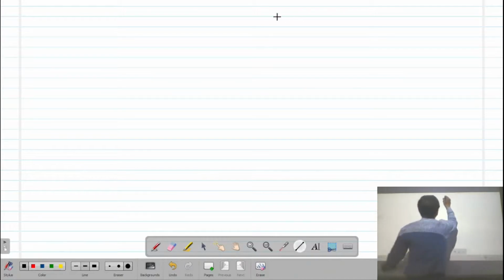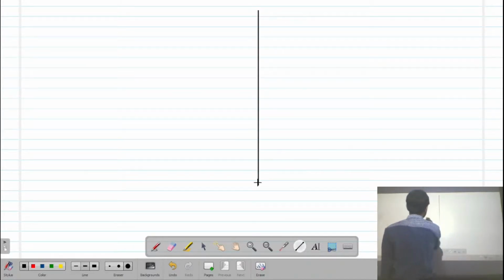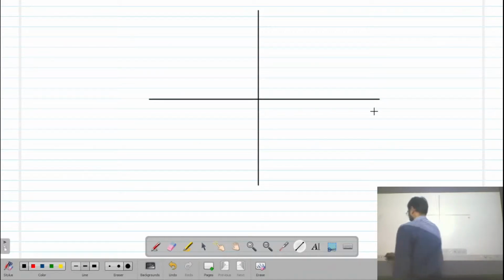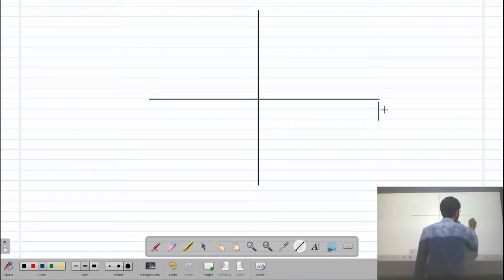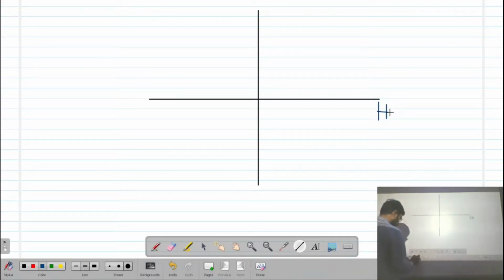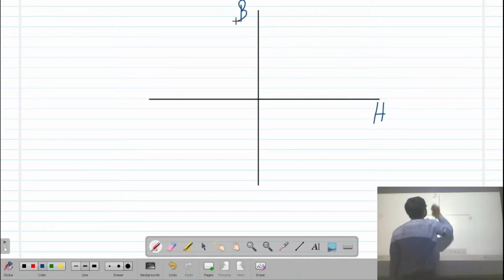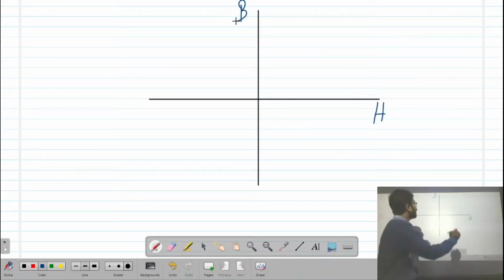Now, let us have a hysteresis curve. This is the H side. This is the B side. B is the flux density.